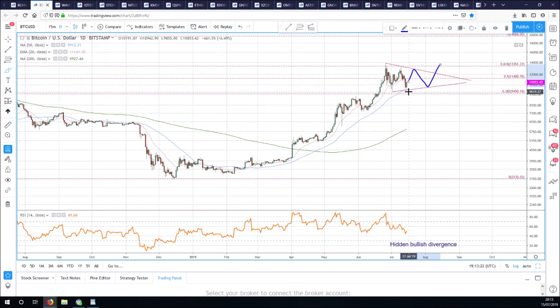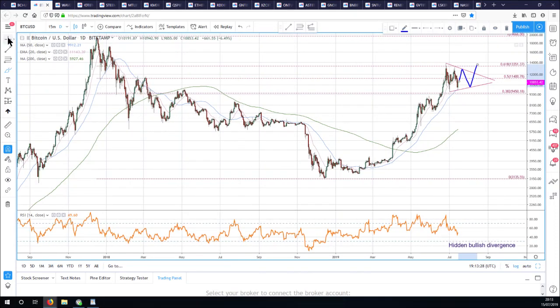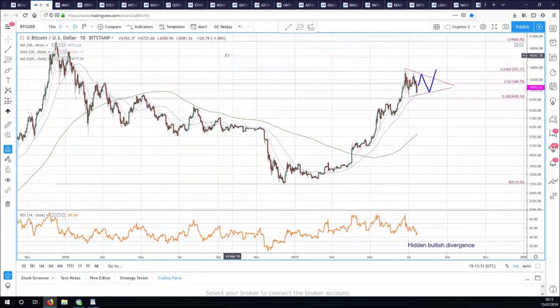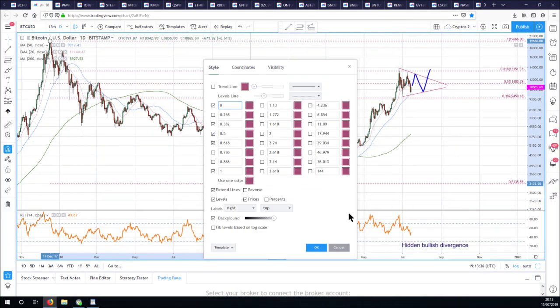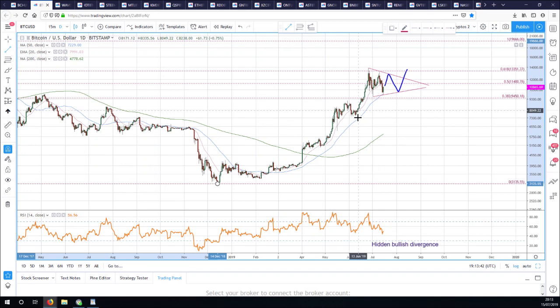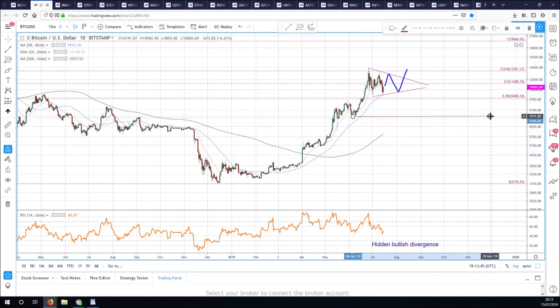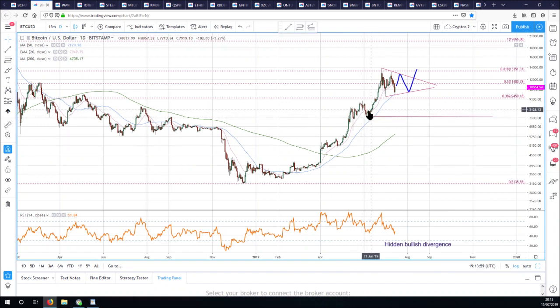Where would I be wrong? Well, if we lose this daily 50 moving average, or if we lose this 38.2 fib level, which here at Bitstamp would be 94.50, then the next place I'm looking for is these lows. You see, this is the last swing higher. So this is like our daily trend level. And this kind of lines up with the 50% retrace of the rally from the lows as well. And it's around sort of 7,400, 7,200. So if we continue lower, that's where this previous swing low would be lining up to buy Bitcoin.